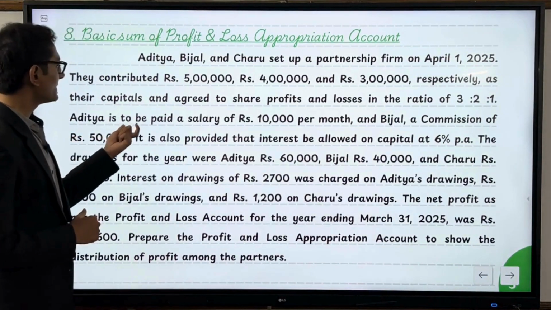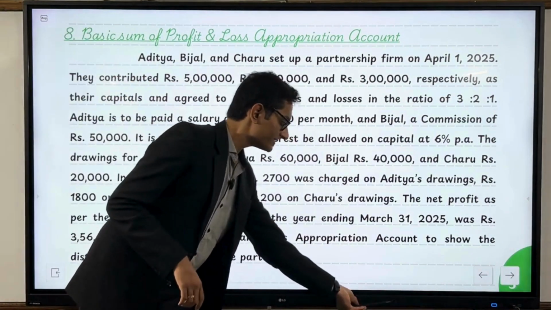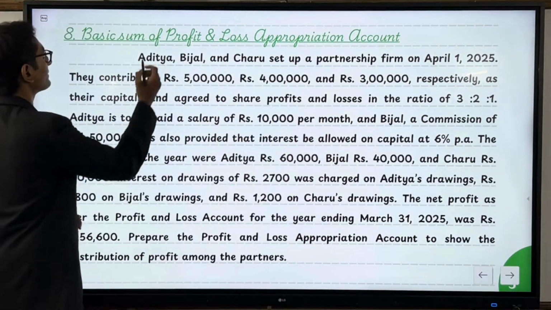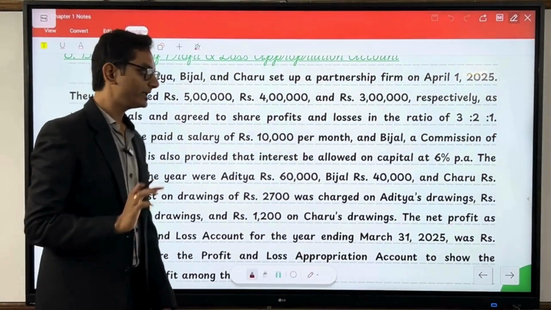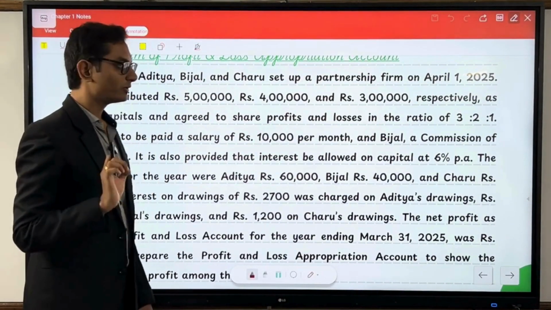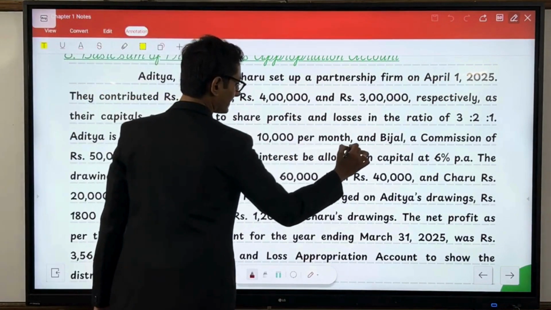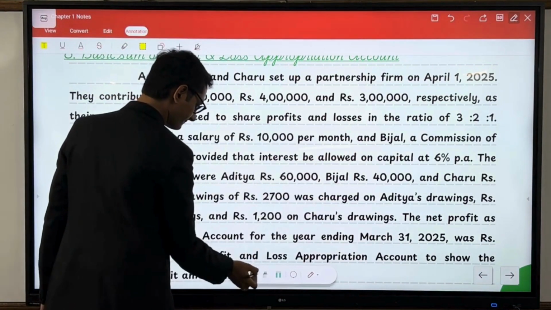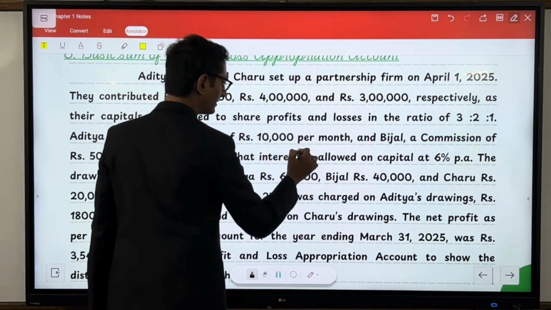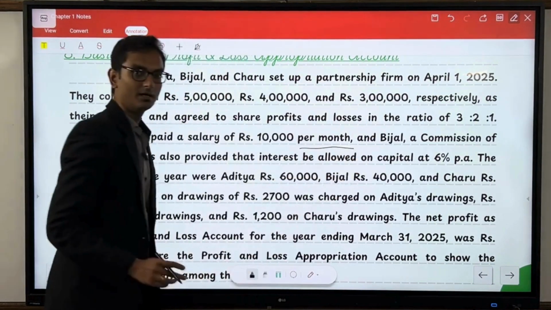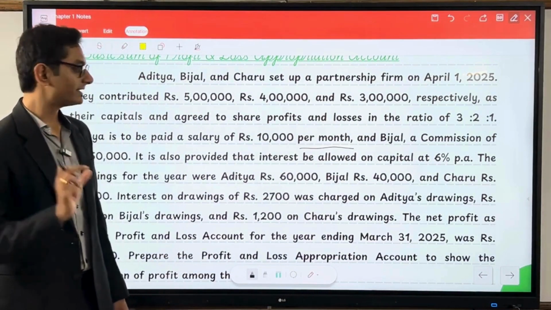Aditya is to be paid a salary of 10,000 per month. Whenever in a question it is given like per month or per annum, you must note it down. Read the question carefully, it will be helpful to get the correct answer. 10,000 per month is given here, so what will be the total for the whole year? We have to do 10,000 into 12, that is 1,20,000 will be the salary